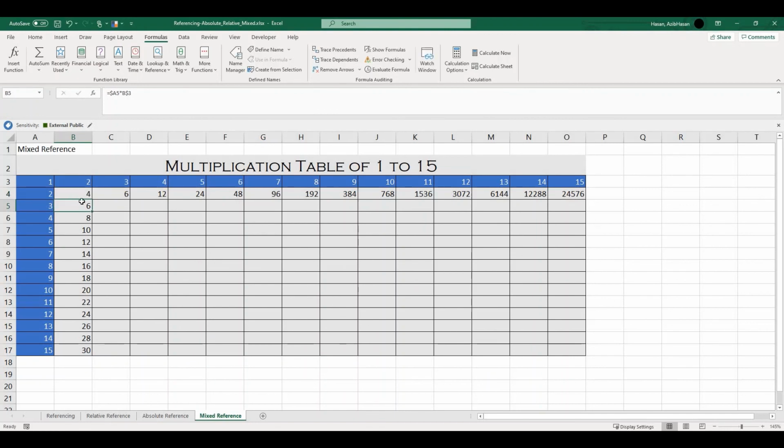Okay, so this seems to be giving us the correct answer. If I drag this down, I'm getting the correct answer, and if I drag this right, I'm getting the correct answer. Okay, so now I could use this and I could drag this everywhere. I can just double click on this and I'll get the values. If I just double click, it will go and autofill everything. So I need to have this particular symbol and double click.